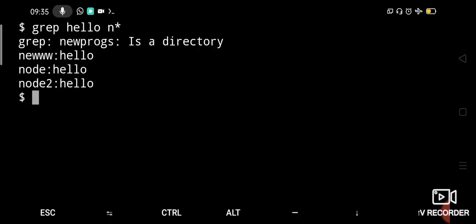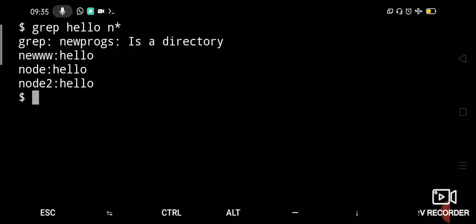It says new programs is a directory, which also starts with N, so it cannot contain the hello word. But new with 2 W's, 3 W's has the hello word. Node is there. Node2 also contains the hello word. So those lines it is listing.